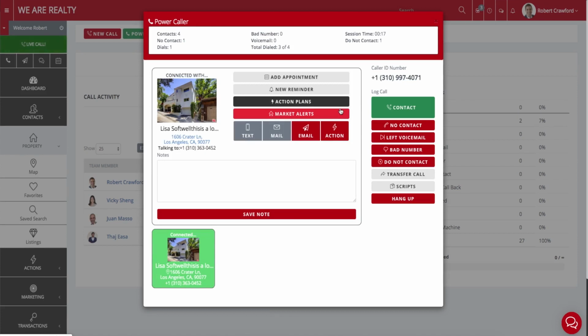Once a call is answered, you'll see the connected call details here. This is a connected property that we're looking at, and we could see the basic details of the property, what number we're connected to, the name of the property owner, and here we can enter notes and save them as well. We also have the option of taking some actions while we're connected to this call, such as creating an appointment, setting a new reminder, adding an action plan and activating that,